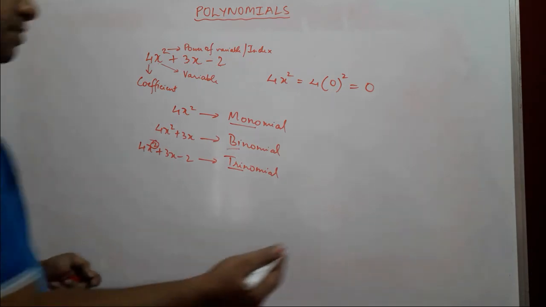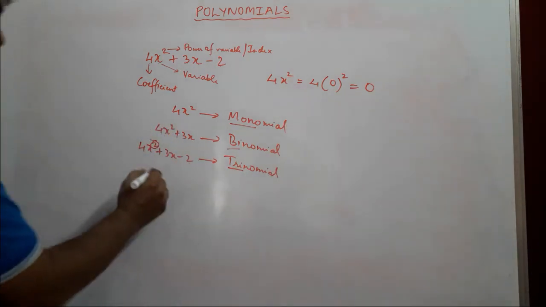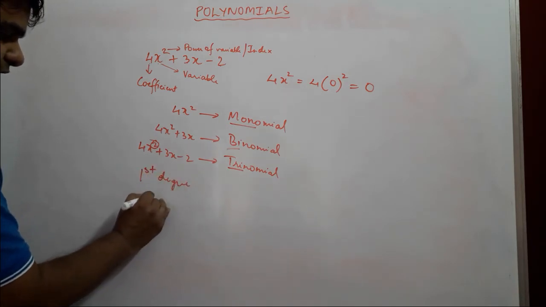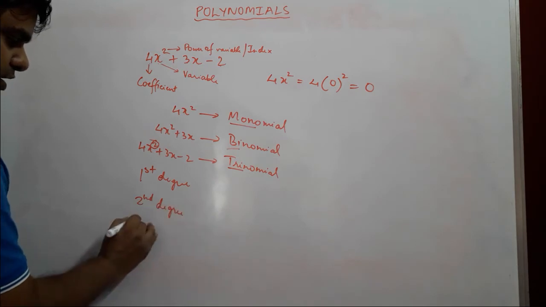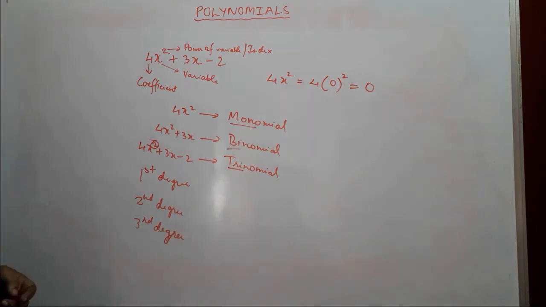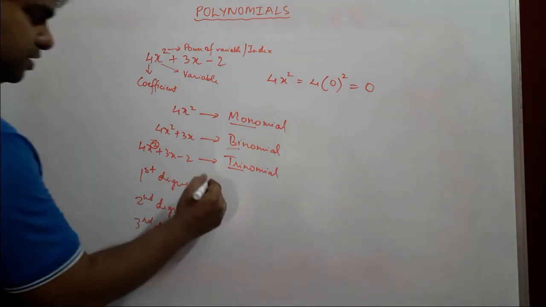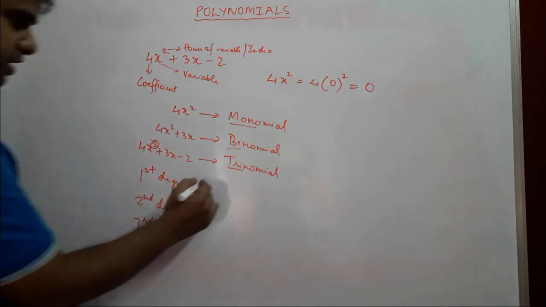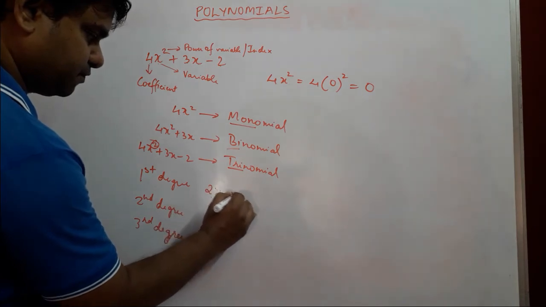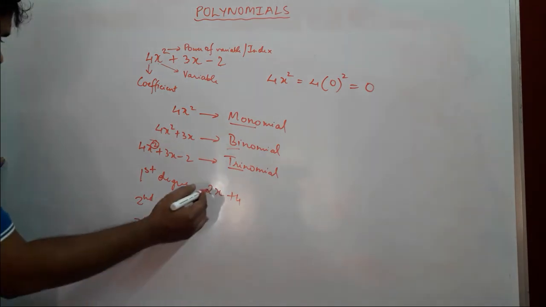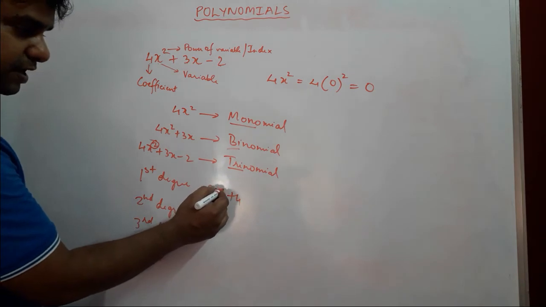So there are things like a first degree polynomial, a second degree polynomial, and a third degree polynomial, and it can go on depending on the degree. Now what does a first degree polynomial mean? It is where the highest degree of the polynomial is 1. For example, 2x plus 4. Here the highest degree of the polynomial is 1 because x, the variable, has a degree 1